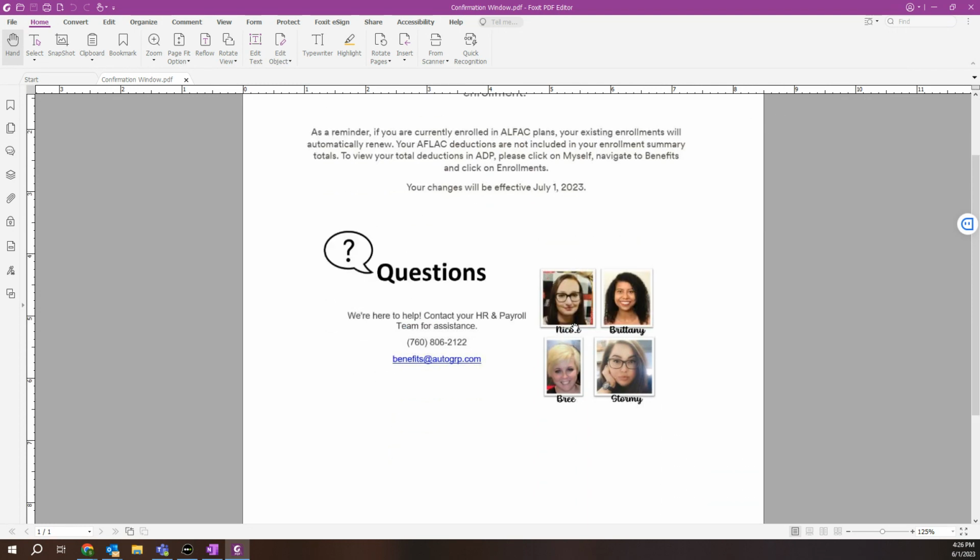As a reminder, if you're currently enrolled in AFLAC plans, those enrollments will automatically renew. Your AFLAC deductions are not included in your enrollment summary. It gives you some more information and just reminds you of our contact information. Okay. And your enrollment is as simple as that. It takes 5-10 minutes to walk yourself through it. You can log